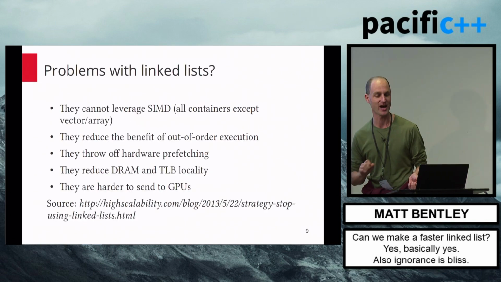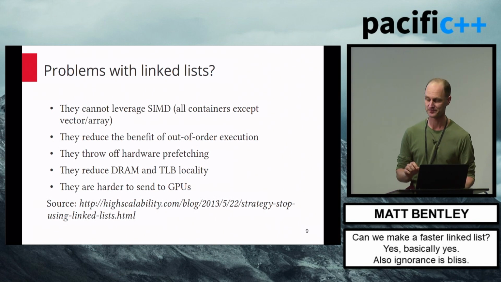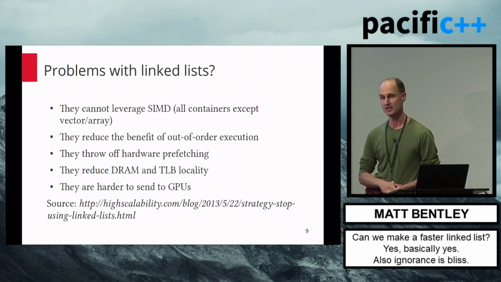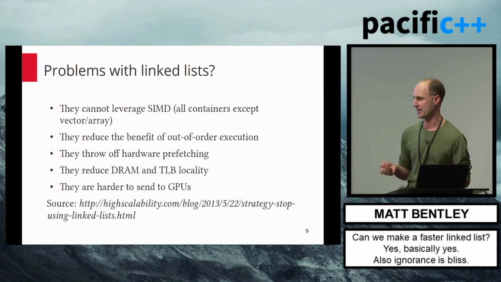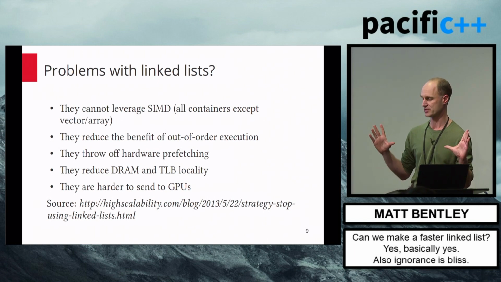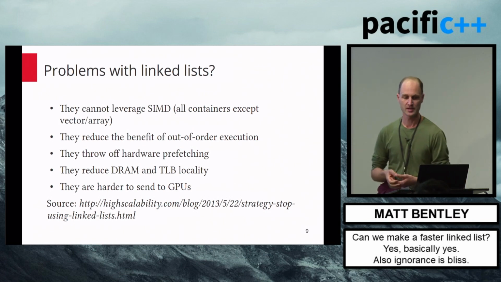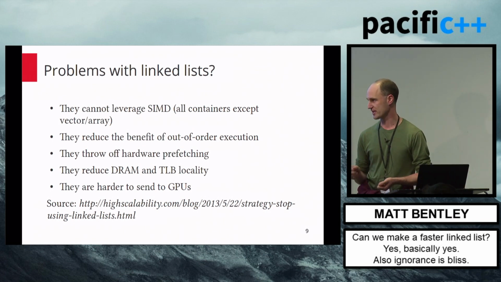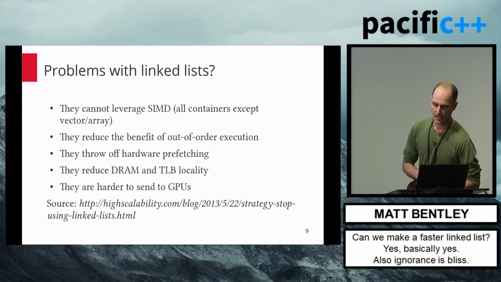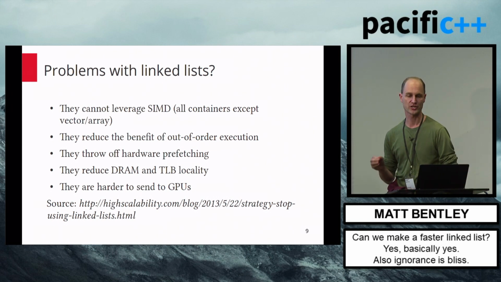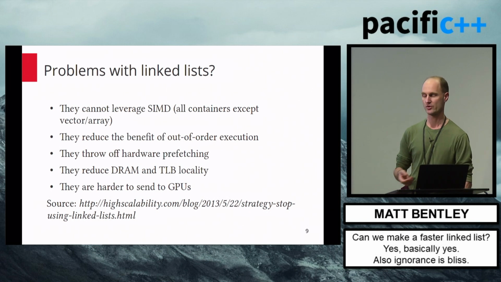So obviously there are actually some problems with linked lists. They can't leverage SIMD. Assuming an Intel-type processor, SIMD, so SSE, AVX, the things have to be contiguous in memory. So that actually also goes for all standard library containers except for vector and array, to the best of my knowledge. They reduce the benefit of out-of-order execution, and they throw off hardware prefetching, which kind of come down to